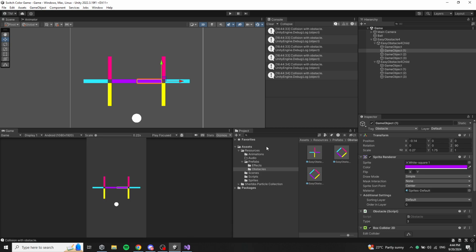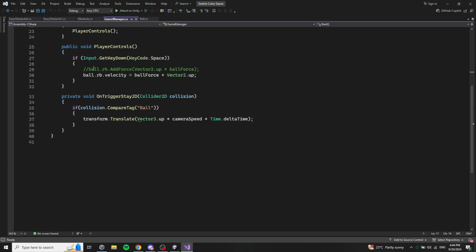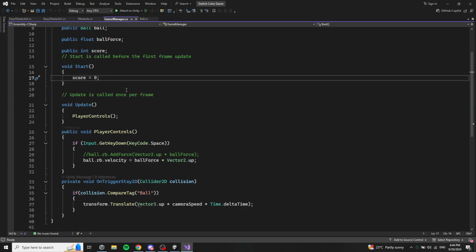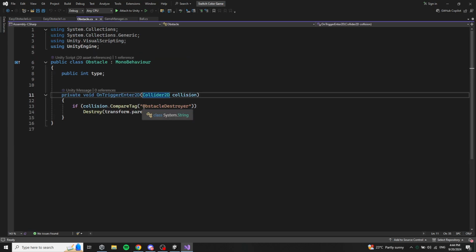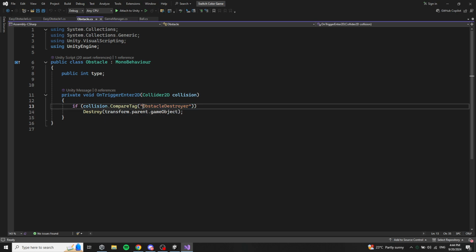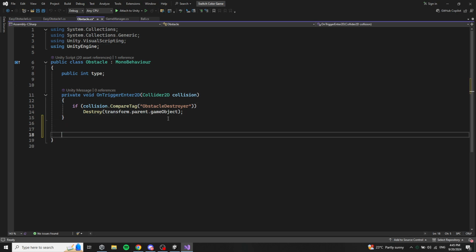And now we need to review that part of the code where we delete the obstacles. Okay, so here where we collide with the obstacle destroyer and we destroy the obstacle, we want to destroy the top parent, regardless of how many parents it has. To do this we need a function. So here we want